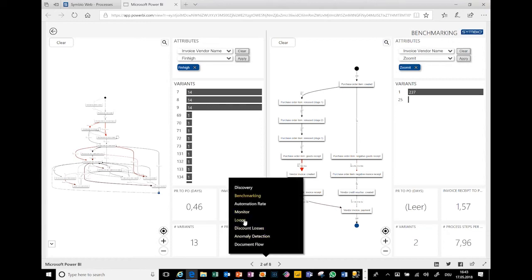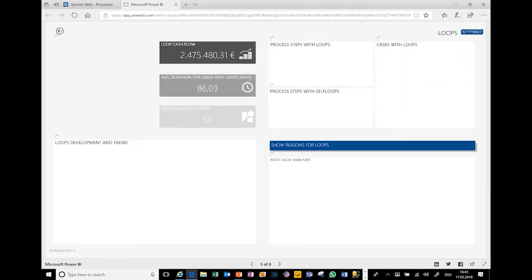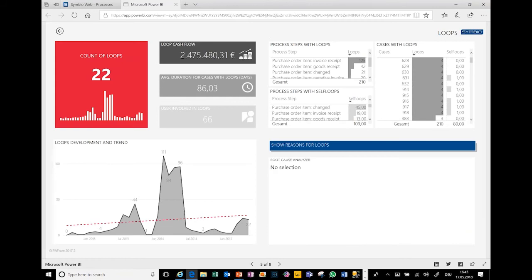And then there might be some further reports, just some examples, that give you some more insights around, I would say, classical process performance indicators. You could look at the number of loops, for example.